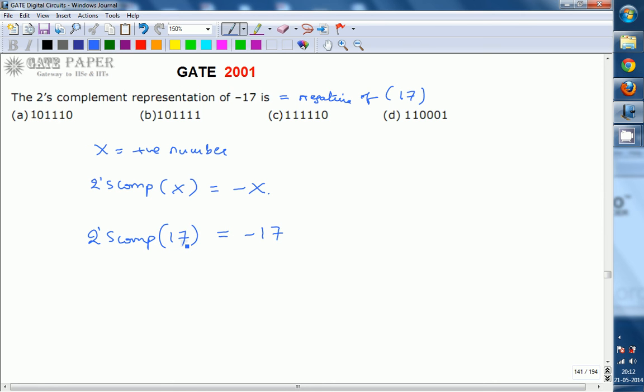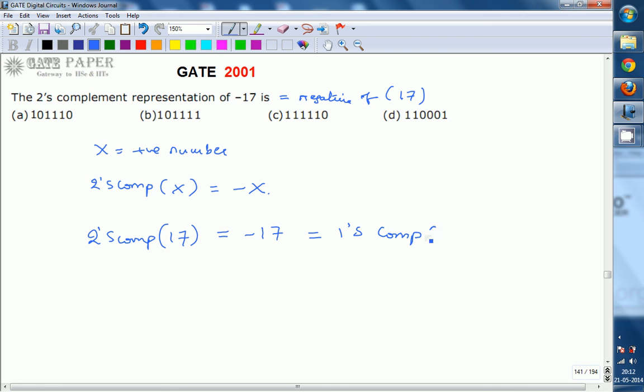The 2's complement of 17 you will get by using the 1's complement